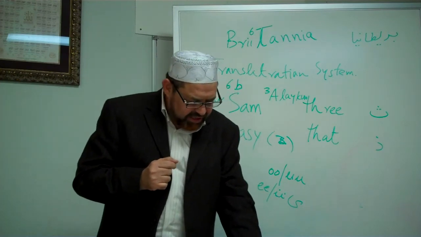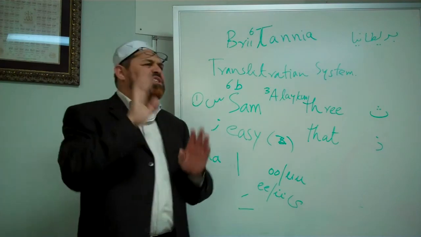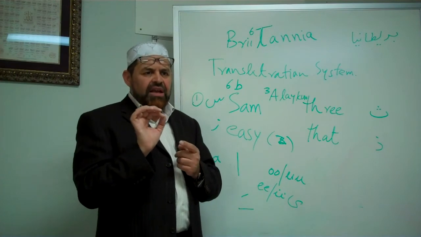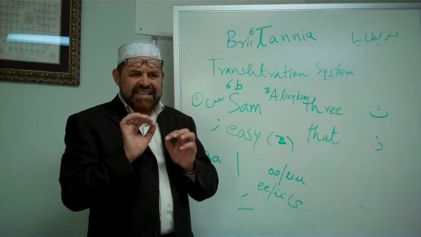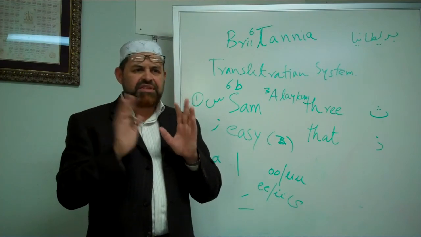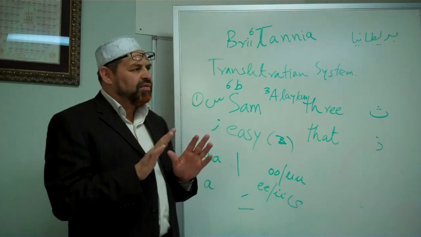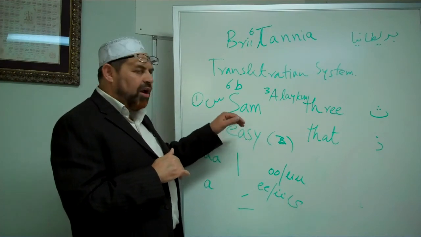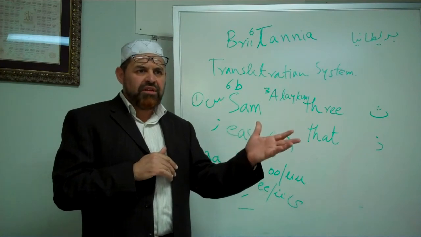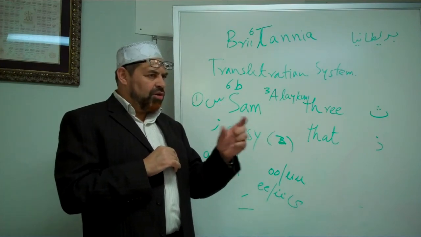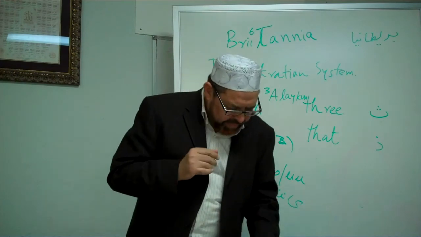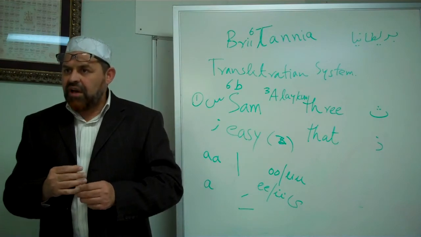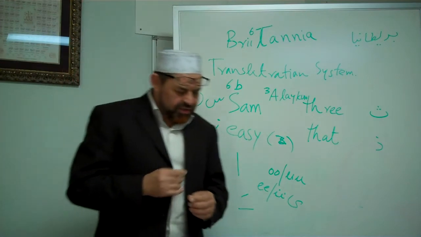Then we have the letter Za. Za is very simple. First of all, quality wise, Za is a thin letter, and in pronunciation it is just like the letter Z in English, as in zebra. I give you the example of easy, television, pleasure, all those words that have the sound. Zal is also a thin letter.